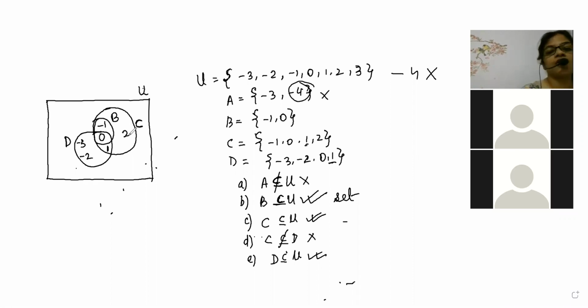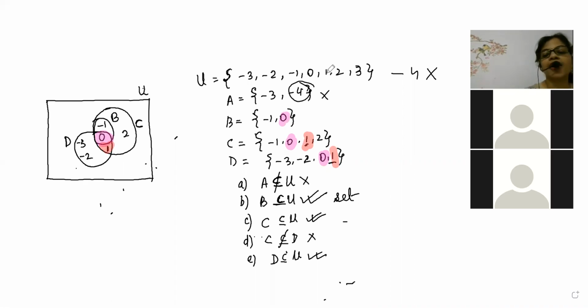Now let's see how we are finding the common regions. First, we see 0 is common. So this region is the common region between B, C, D. The pink color is the common region between B, C, D, because the pink color is in B also, in C also, and the big pink color is capturing D. Now, 1 is the common element between C and D. That means this is the only common element between C and D.